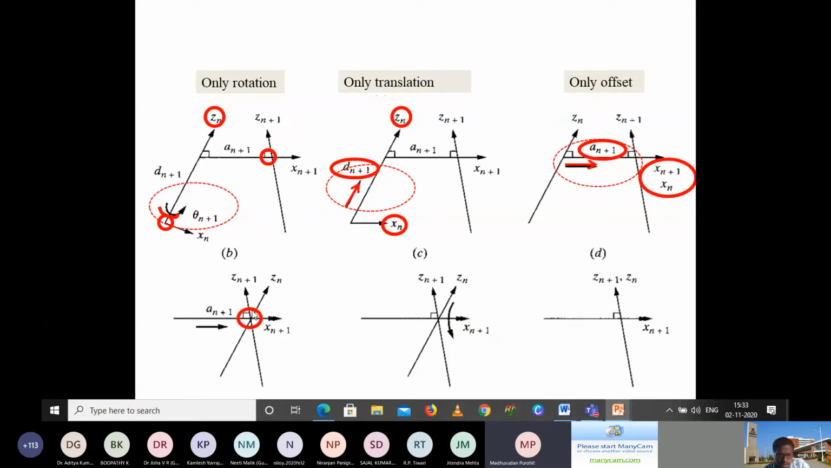Okay, so now this point it will come. So only rotation is over, only translation is over, only offset is also over. So now you can see that these two joints are not lying on the same line. I have to